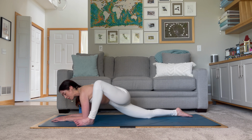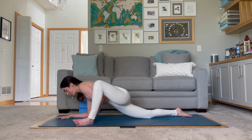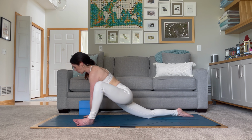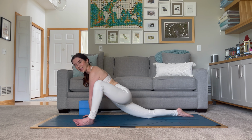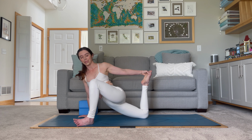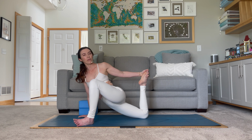I'm sure by now you're really starting to feel that into the hips. Keep that left foot opened up. If you lower down, come up onto your hands. This will make the next entry a little bit easier. We're going to draw the right heel in and take a twist in our dragon pose. So lifting the left arm up, finding that right foot, and going for the grab. Now you can also use a strap that can help you take a hold of that right foot, drawing the foot in,